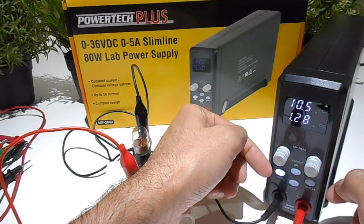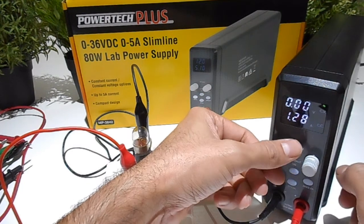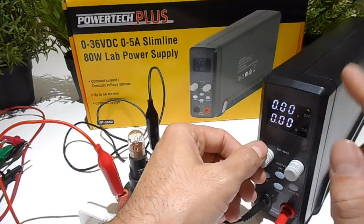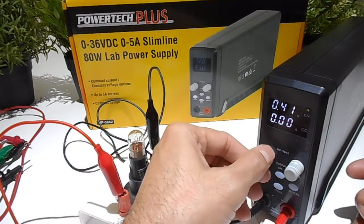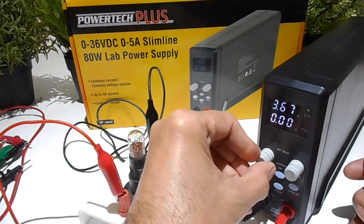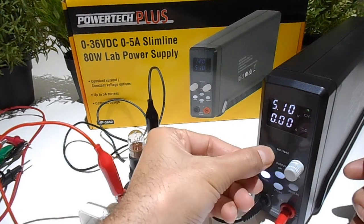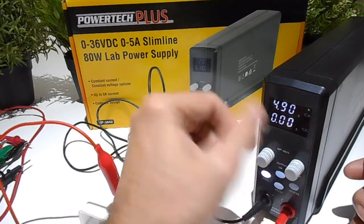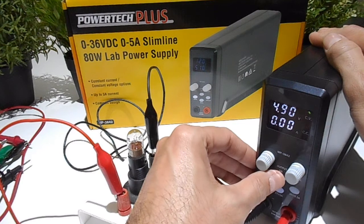Now when it starts flashing, you can adjust the voltage, or the maximum voltage and maximum current. So if you put them both down to 0, what you want to do is turn the voltage up to maybe, let's just try 5 volts. So the maximum voltage will be 5 volts, and then maximum current is still at 0. It doesn't have to be exact, that'll do. So press that to save it. Now when I turn it on,